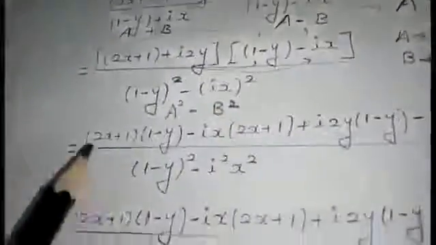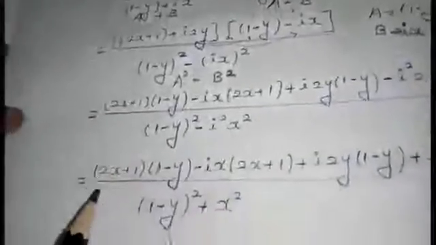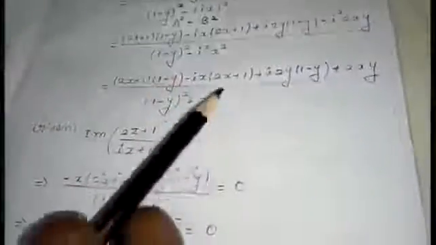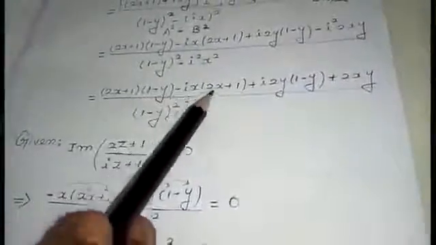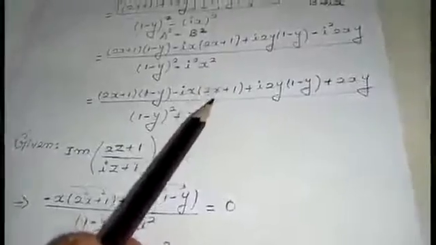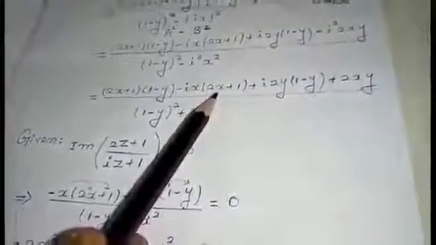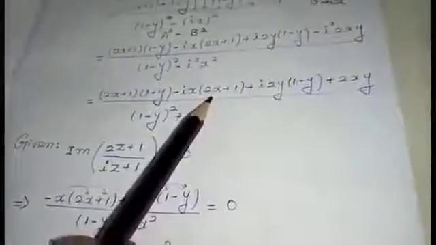You can simplify the terms. Finally, you will be getting a big term like this. You are going to see the calculation, students. I am not going to read it completely. Please understand the calculation and simplification you are going to do. I am going to focus only on the imaginary part. Why I am going to focus only on the imaginary part is, in my question they have given Im. You are going to calculate only the imaginary part.